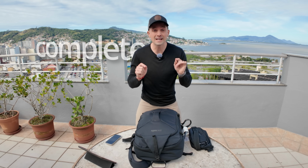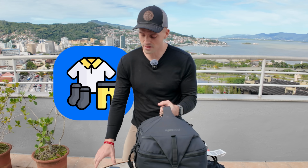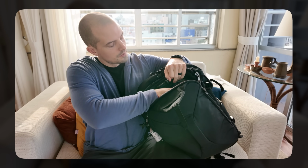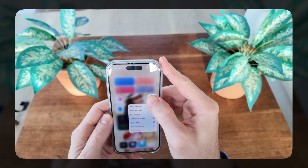Today I'll show you my complete minimalist one bag setup for theft-proof travel. We'll cover the gear in here, the often forgotten about digital security, and some other simple habits that'll make you a super hard target for thieves. I'll also share one thing that I delete from my phone before every single trip to protect my bank accounts